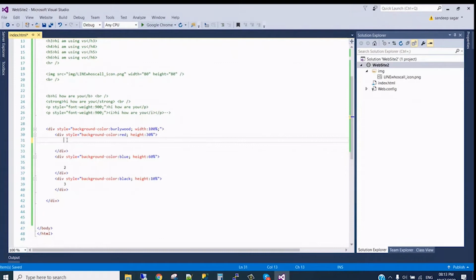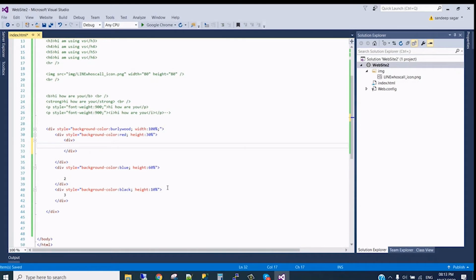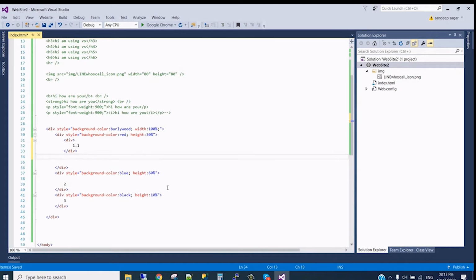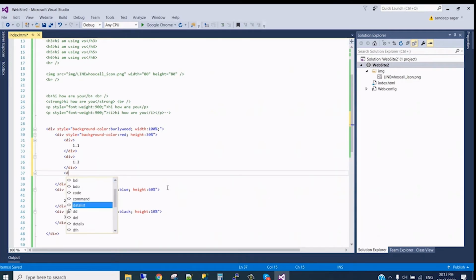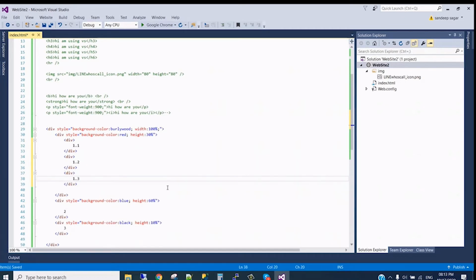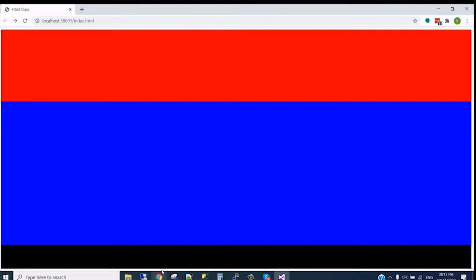We need to give 3 divs here, for example div 1.1, div 1.2, div 1.3. Let us refresh.